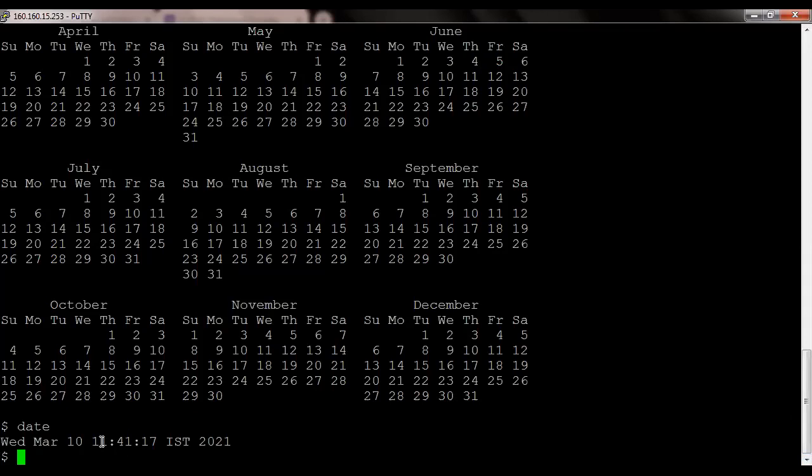But here it shows 11:41 because the server time is not synchronized with the network and has not been updated. So the time lags behind today's date.